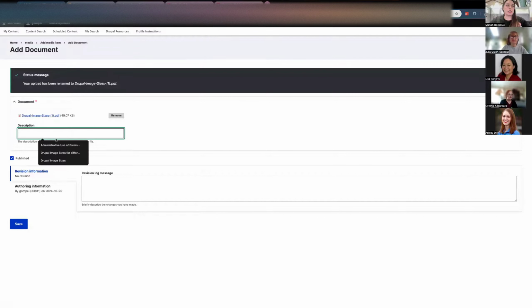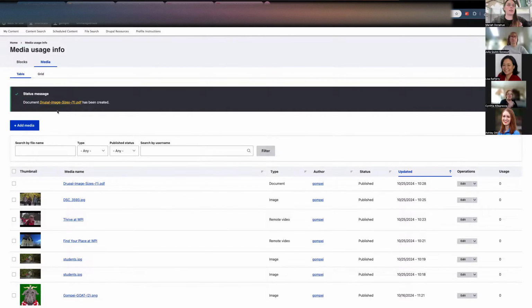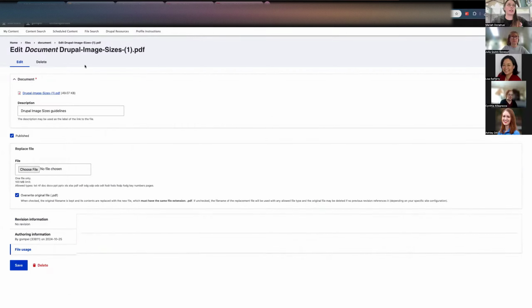And I can add a description if I'd like, and it could be used as the label to the link of the file. So I'll say this is Drupal image sizes guidelines. And now we'll see that this is published, and I'll click save. And now this has been added to the Drupal Media library. And if I click this link, it'll bring me back into